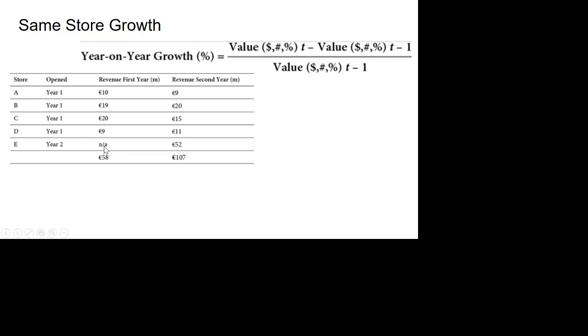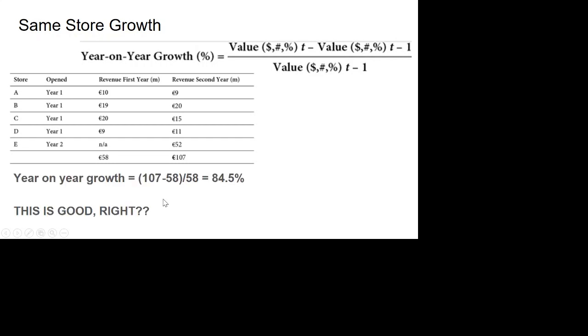This store had no revenues in the first year because it wasn't open. This is the total revenue for that particular store in year 2. You can see it did really great. So the question is, what is your year-on-year growth? You need to look at it in terms of same store growth, okay? So if we look at it, just assume apples to apples, we've got year-on-year growth of 84.5%. That's fantastic, right? We grew a lot. Yes, but you can see here that a huge percentage of revenues in year 2 came from the opening of